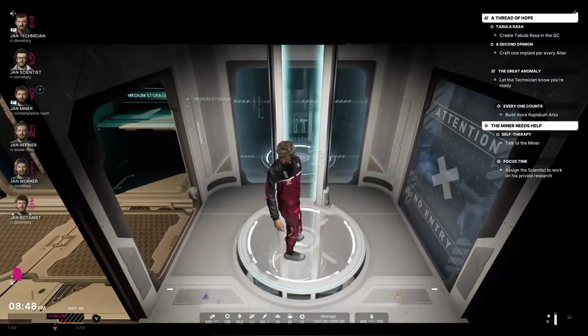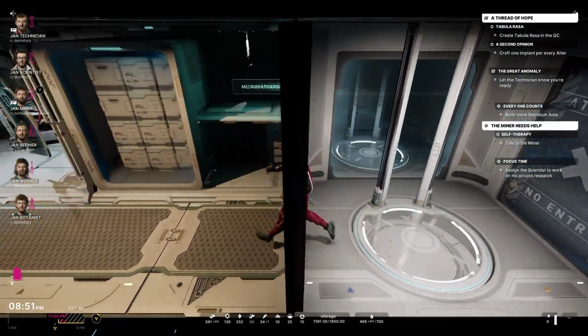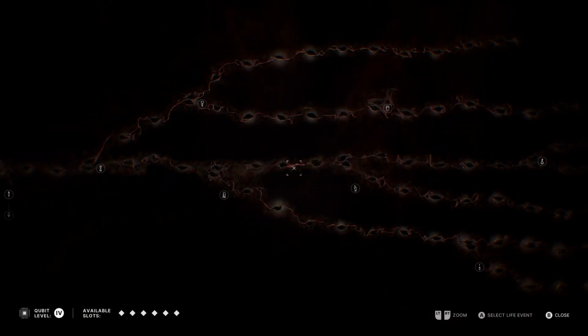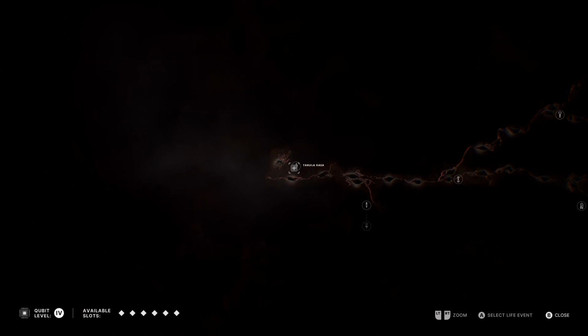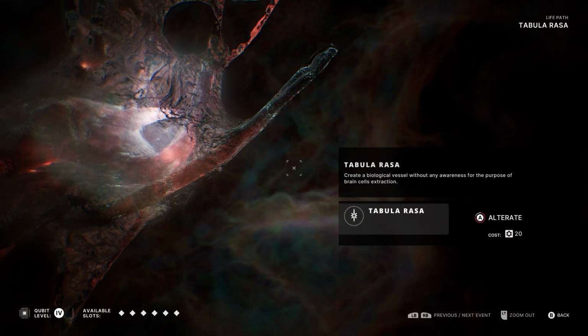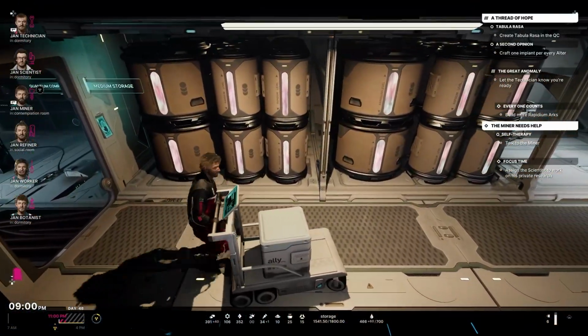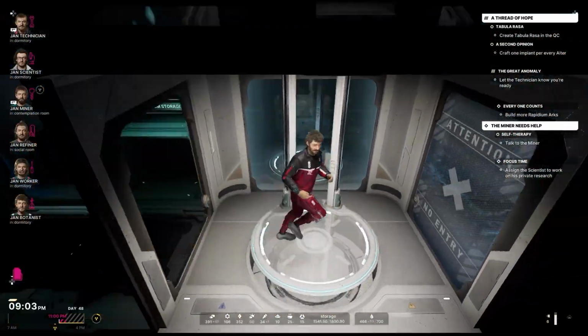Create the tabula rasa in the QC. And maybe I'm doing too many things at once here, but I'm going, this is my decision. This feels like the right decision to me. I feel like none of them are entirely great because, yeah, you are just creating a husk of a life to die. But on the other hand, you're putting implants into our brains that are controlled by a fucking corporation. Like,